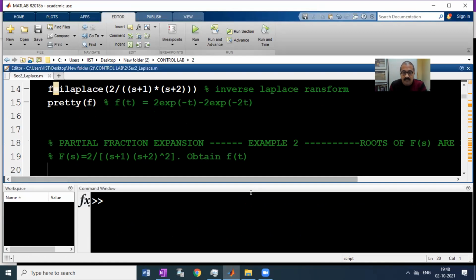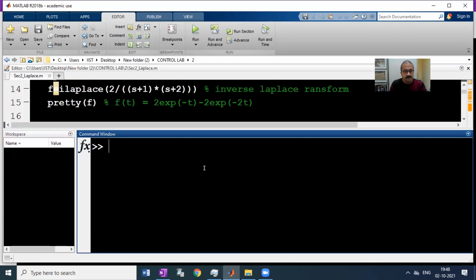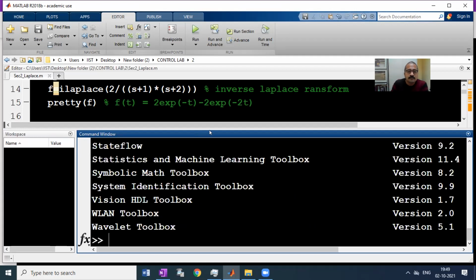We can type the command ver to check if that toolbox is installed. If that is installed, it will be displayed. Right? ver. So you see, symbolic math toolbox is installed. So we can make use of this toolbox and we can find the inverse Laplace transform of this transfer function. Okay, so let us start doing that.